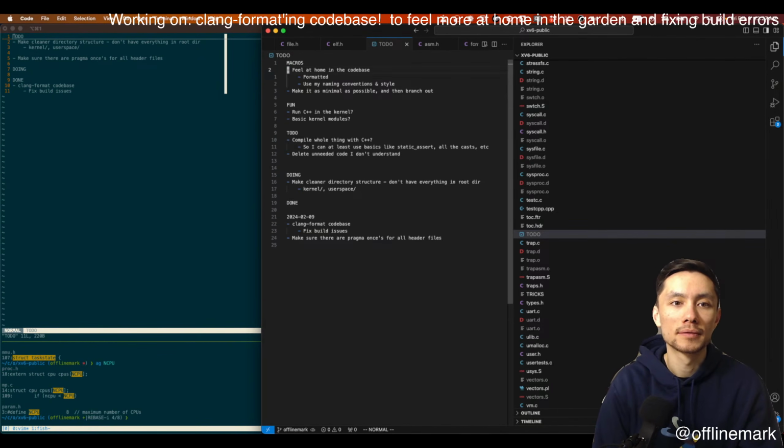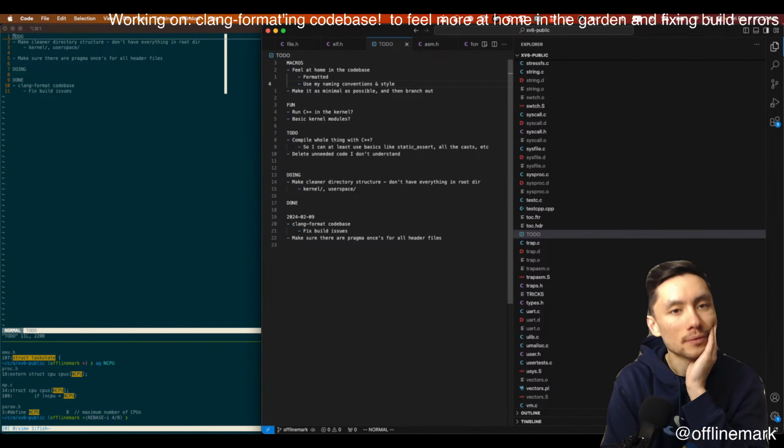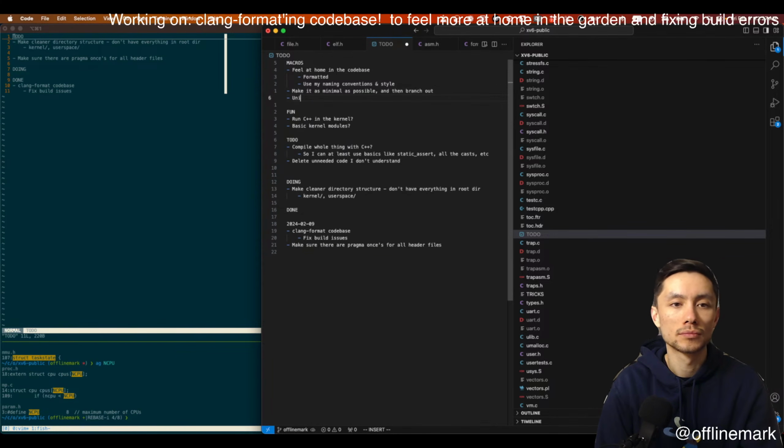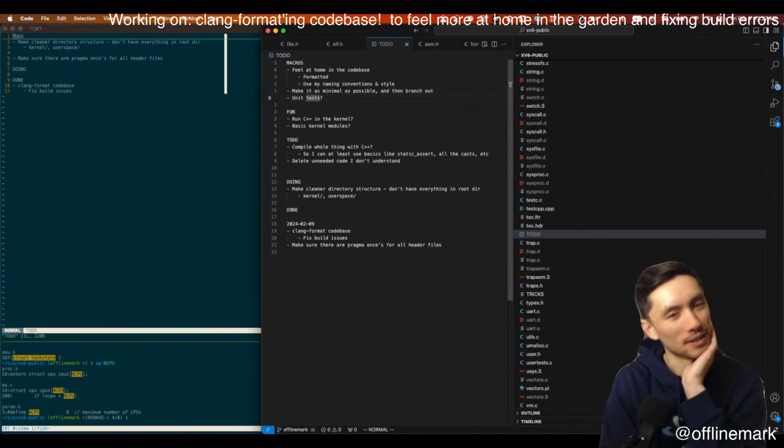Formatted. Unit tests. Yeah, that I would be kind of interested to see how I can make work. I have no idea how that would work.